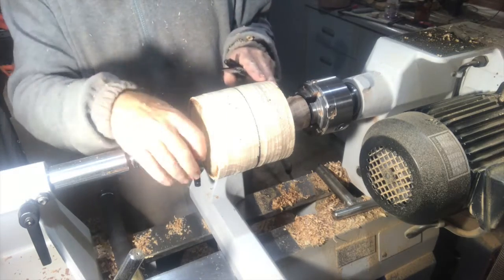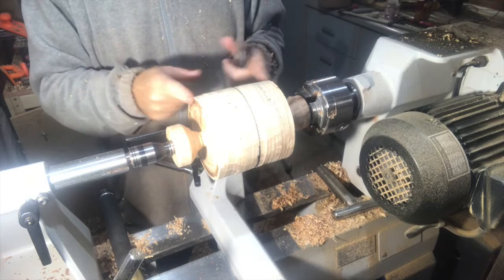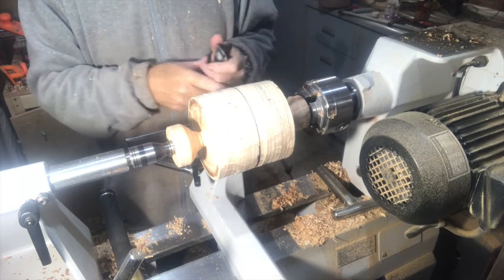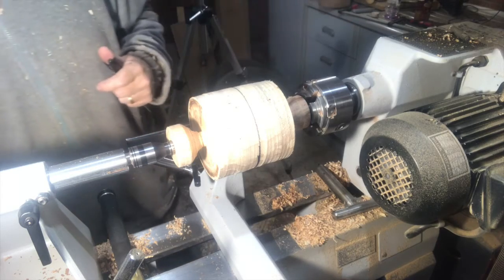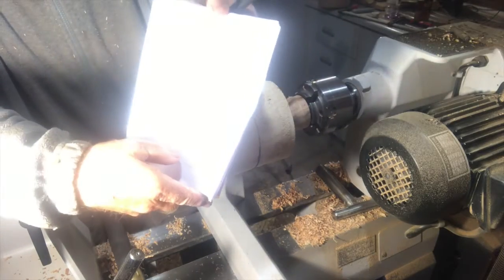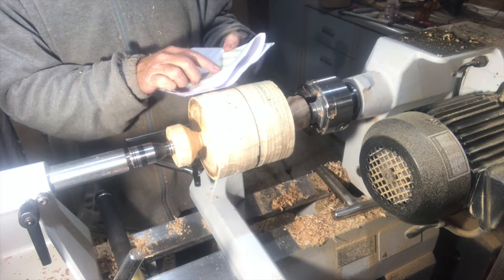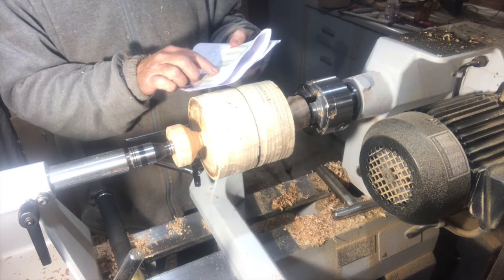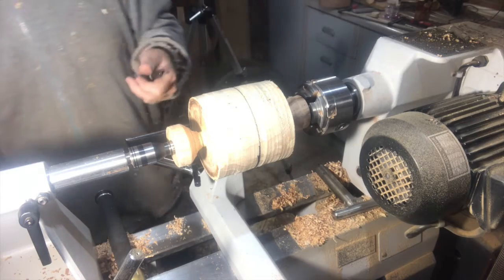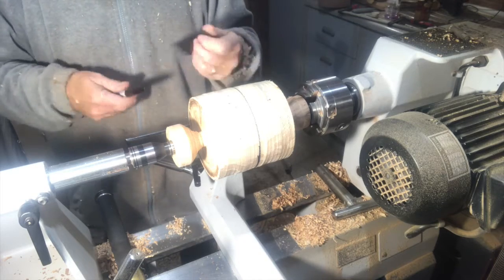Right, I've taken the ends down. Obviously what we've got to do now, it's 125mm in diameter and 125mm long. So within the jig itself you get a chart. I don't know whether you can see that or not, but anyway, for 125mm, you have to mark in 36.59, say we'll say 37mm,